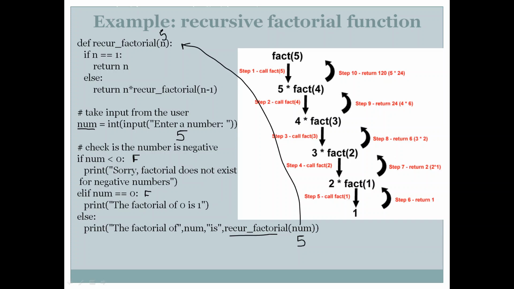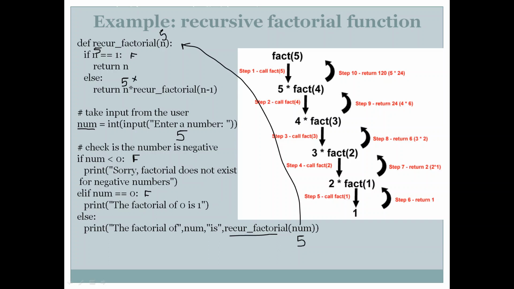Okay, so n is equal to 5. Once we are in recur factorial, we are checking again if n is equal to 1. If you look at the value of n, it is 5, which is not equal to 1, so this condition will become false. As it is false, it goes to the else part. In the else part, how have we calculated? Return to the calling program. What do we have to return? n, that is 5